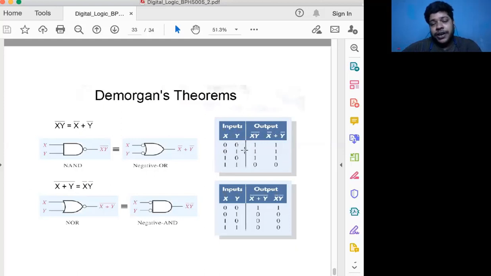ओके, नाउ लेट अस सी कि इसमें आउटपुट क्या आता है, इसमें आउटपुट क्या आता है। अगर दोनों में सेम आता है इसका मतलब ये प्रूव हो जाएगा this theorem is correct। So when we give 0 0, what you get here, 0 0 मल्टीप्लाई करेंगे और फिर उसका इन्वर्ट लेंगे तो 0 और उसका इन्वर्ट 1, तो ये हो गया 1। जब हम 0 0 दे रहे हैं तो (xy) bar is 1, and you see here यहाँ पे हम 0 देंगे, इसका इन्वर्ट करेंगे तो 1 हो जाएगा, ये 1 हो जाएगा, 1 plus 1 is 1।